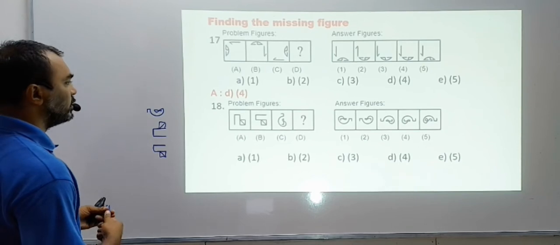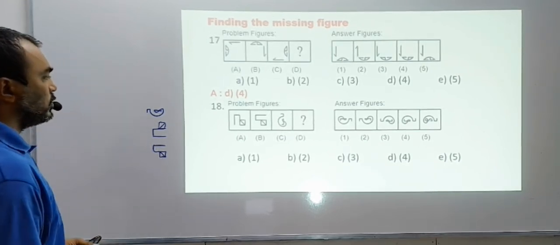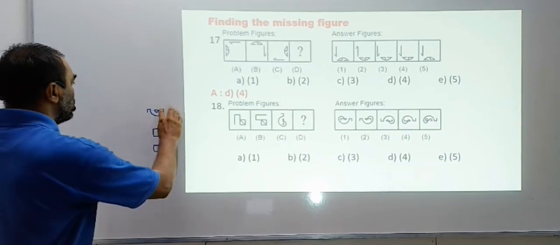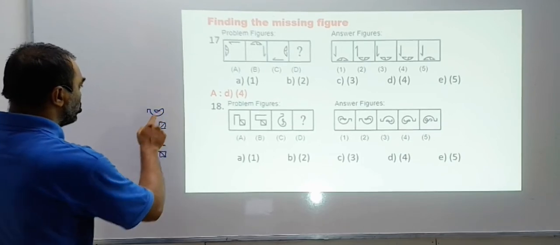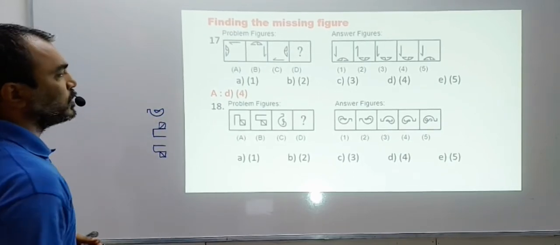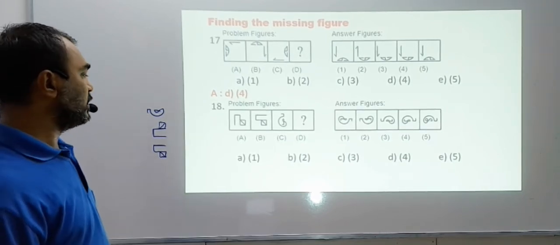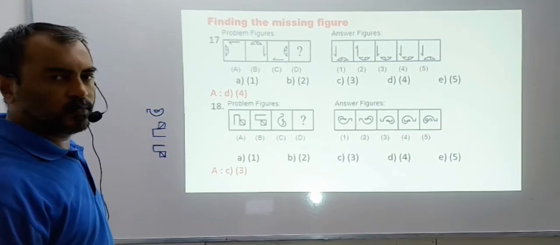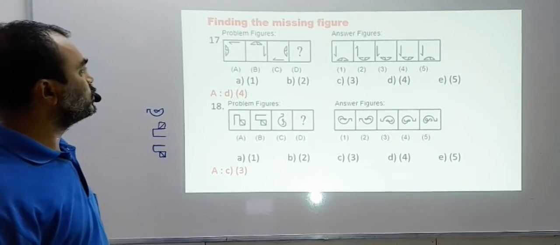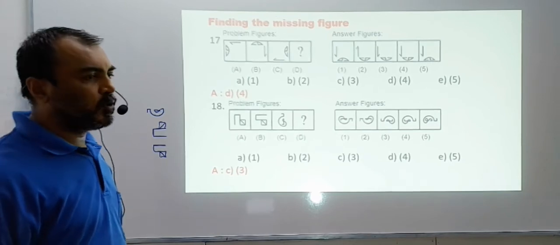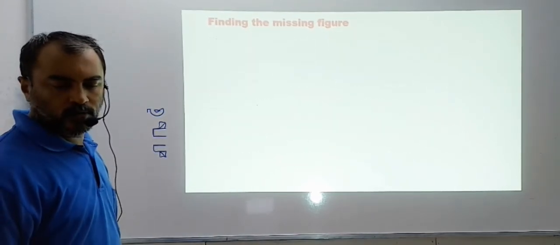Sorry, there is a mistake here. This line, it doesn't turn towards the curve. I made a mistake here. This line is turning downward. It is towards the bigger curve, right? So it turns downward. Now it should turn upward, but towards the curve. So what answer will you get? The answer will be C3. Yes? So I think you have got the answer. Now only a few more questions to do, and I think you have got the hang of it. So the Sunday test this time will really score very good.